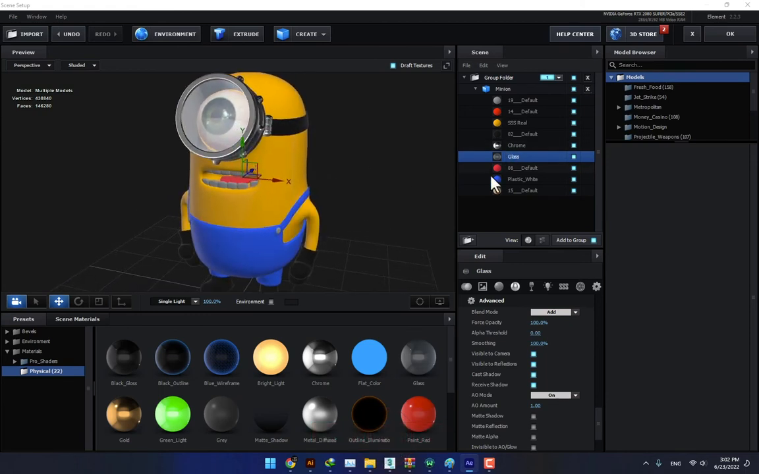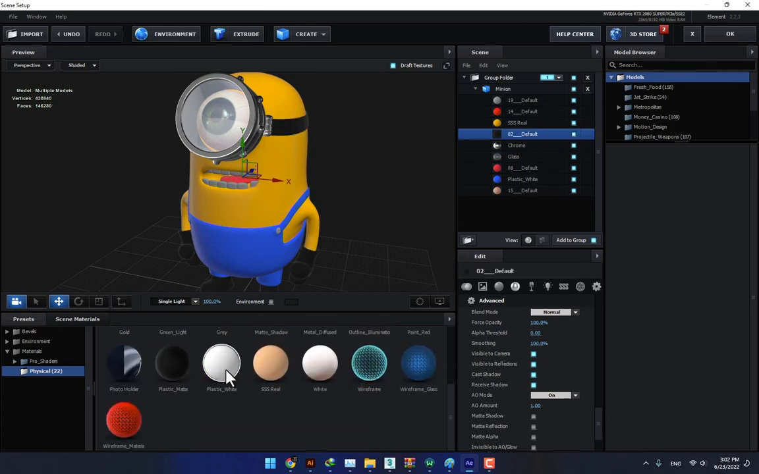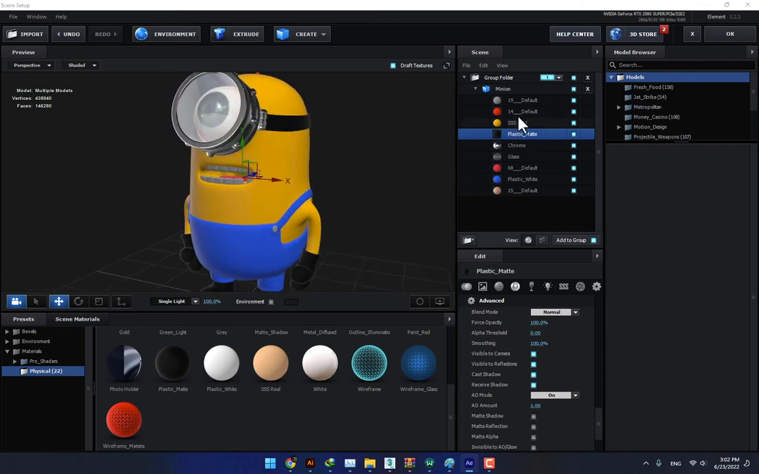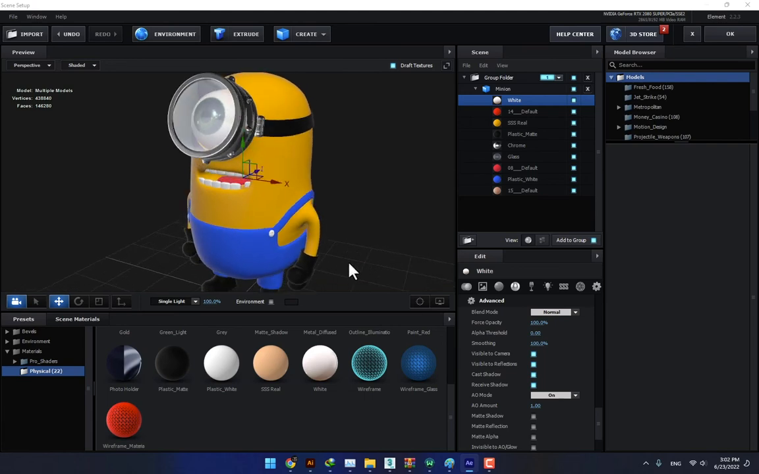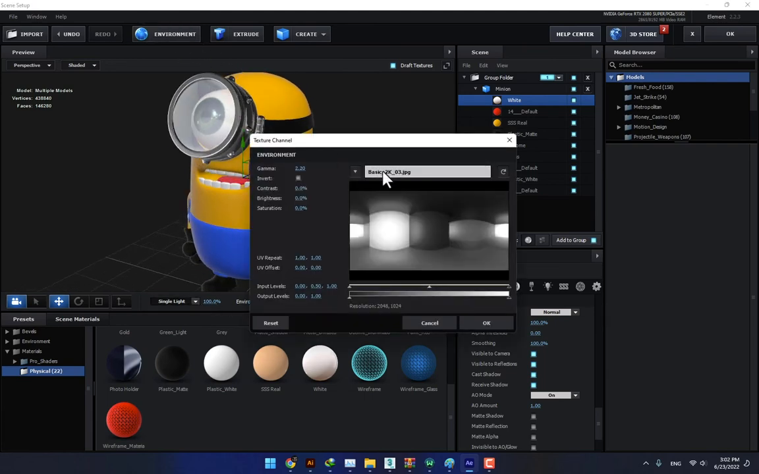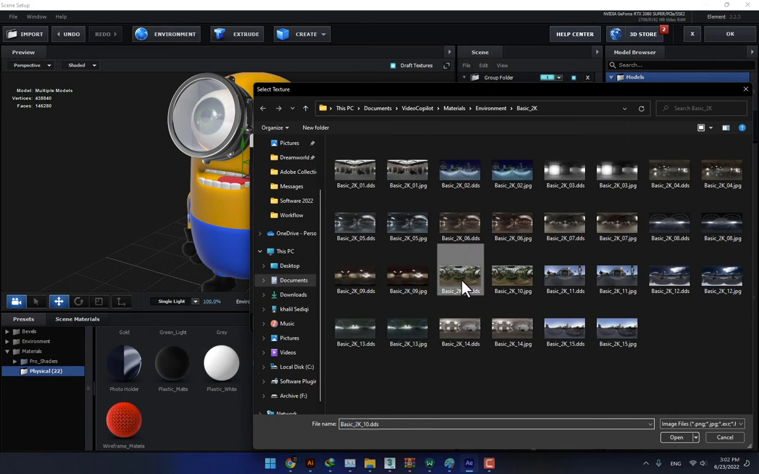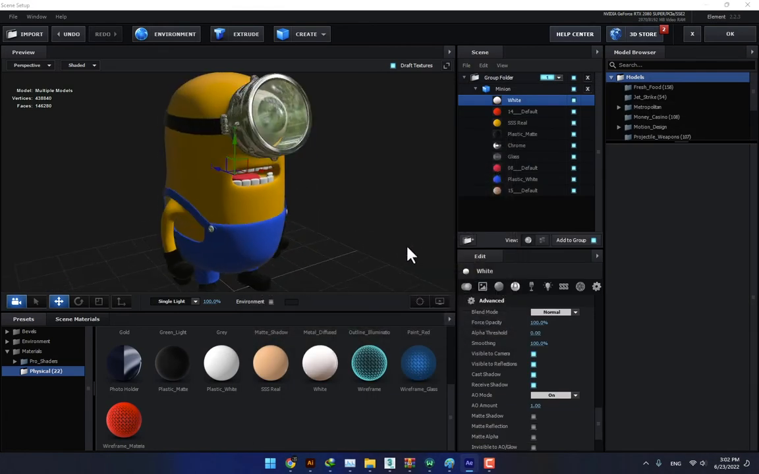So now select the black color, apply the plastic matte black, and select the teeth, apply the white teeth material. And now go to environment, change the environment reflection. Look,